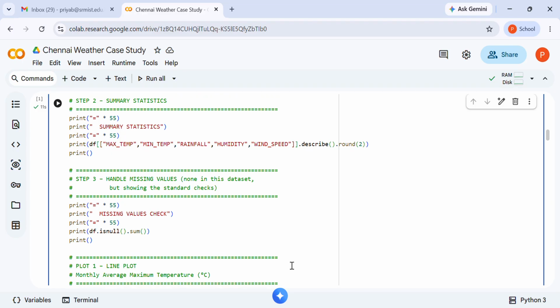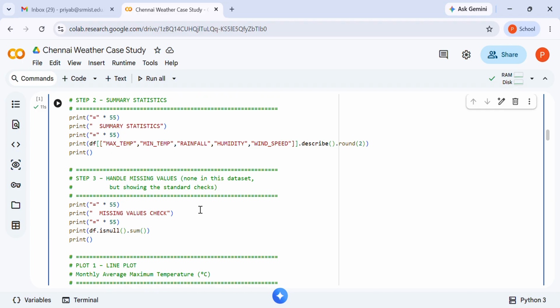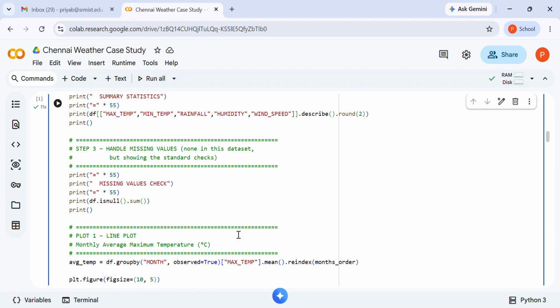And coming to step 3, which is handling the missing values, this block checks for any missing values across all columns of the data frame using df.isnull().sum(). In this specific data set there are no missing values, but this is a standard data quality check.